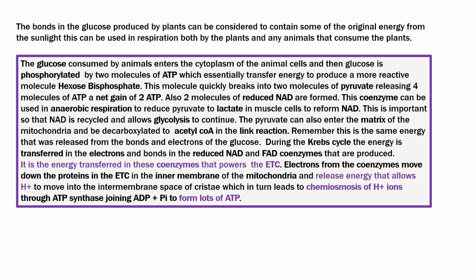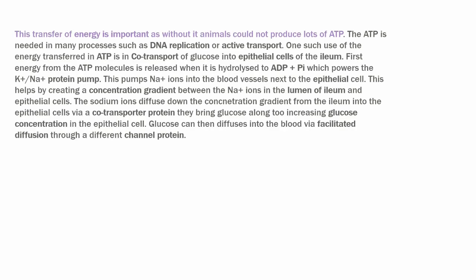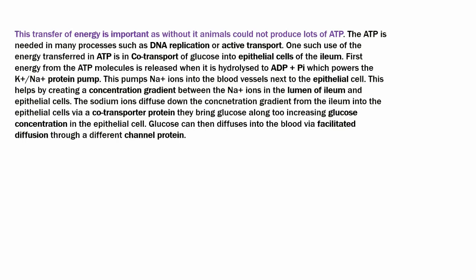So in a way, I've coloured in those purple because that's my AO2 anyway. That's like my justification. All of that, I'm explaining why that transfer of energy in the Krebs cycle that came from pyruvate was really important. That's my AO2, because without it, we couldn't do chemiosmosis and make all those ATP molecules. So I'm then linking over to another paragraph where I'm going to talk about co-transport.